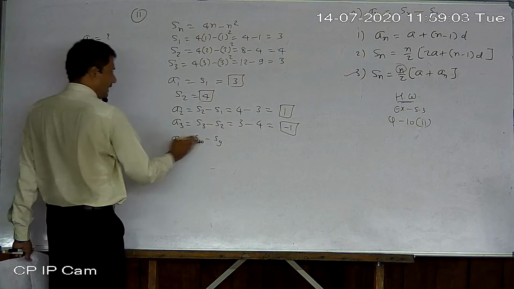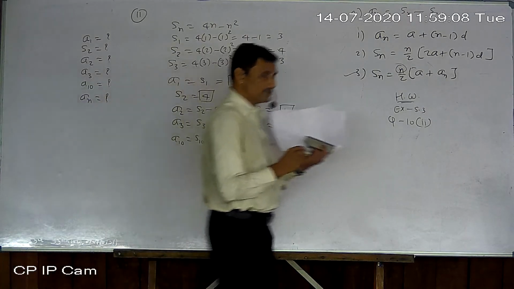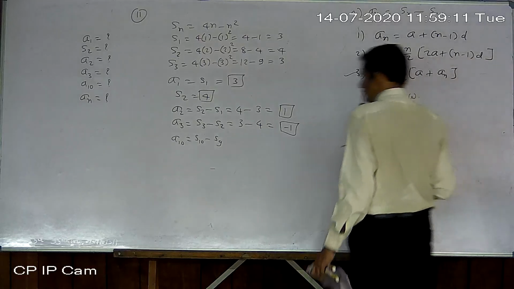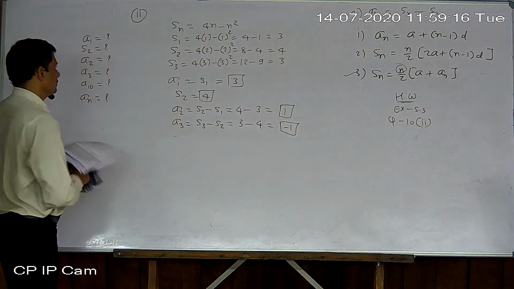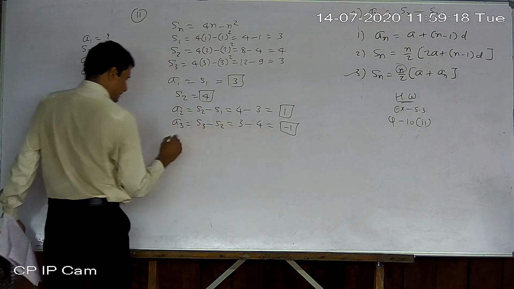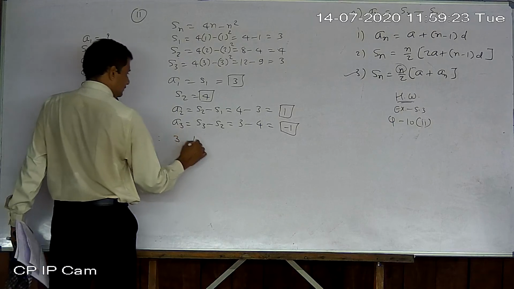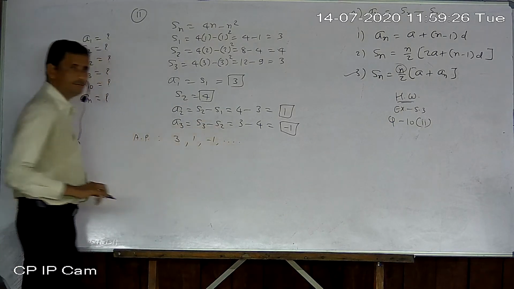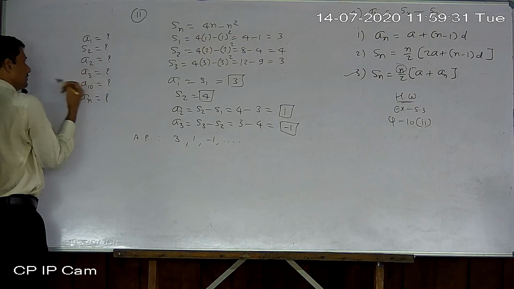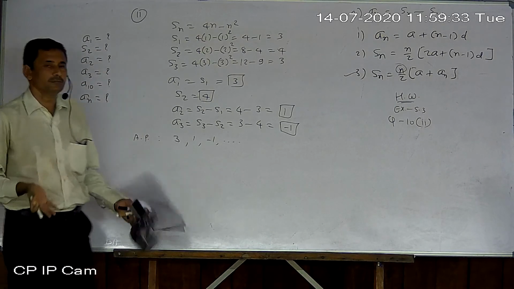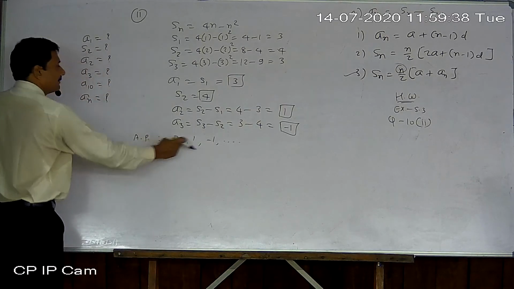So instead of finding it that way, we can use the arithmetic progression. If you have the initial 2 or 3 terms, then you have an arithmetic progression. So 3, 1, minus 1. So AP is formed now, indirectly. Look here, you got the AP indirectly. Why? Because we have A1, A2, A3, meaning the first 3 terms, which we already found. So we found the AP also.